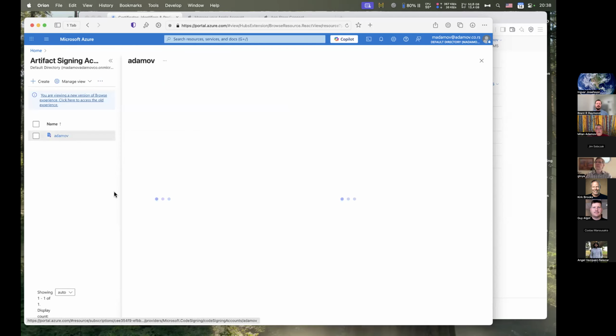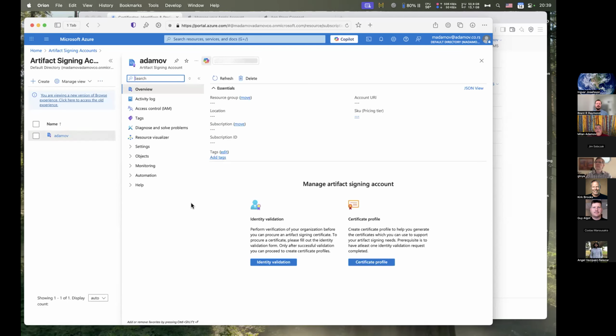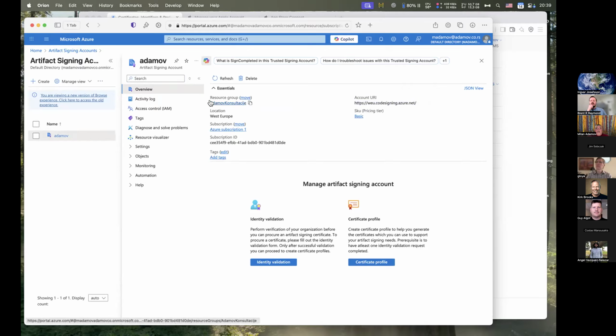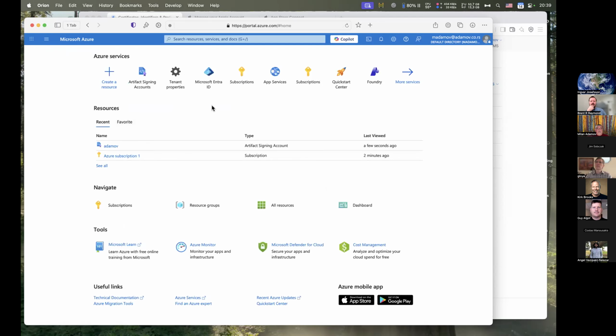So this is my account. As with Apple, you have to write down the resource group, and you have to write down something that is not here. Go back to home.